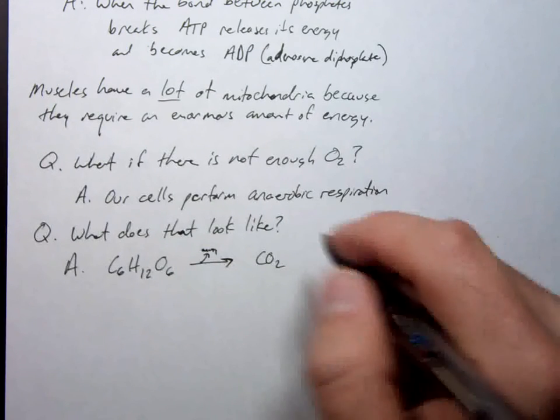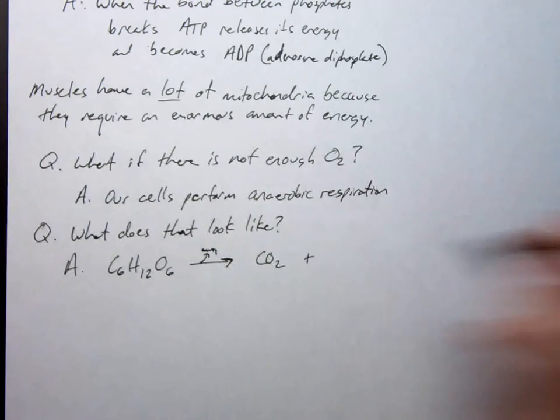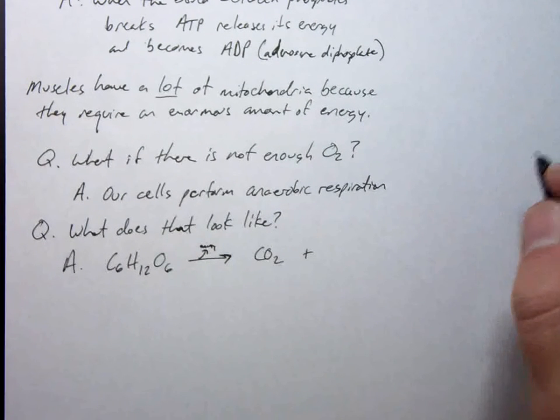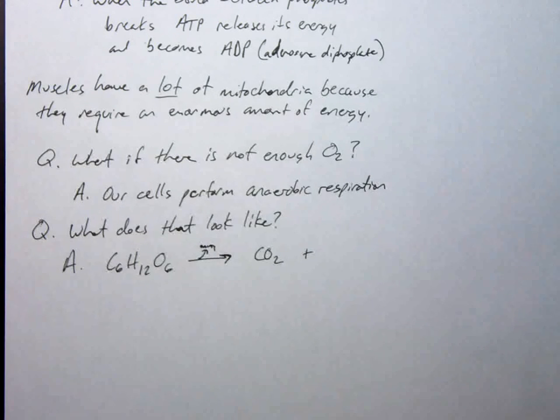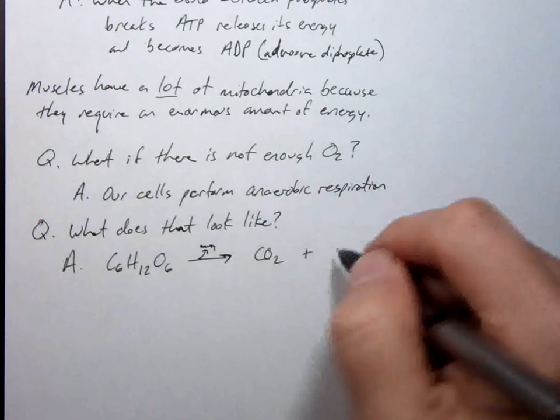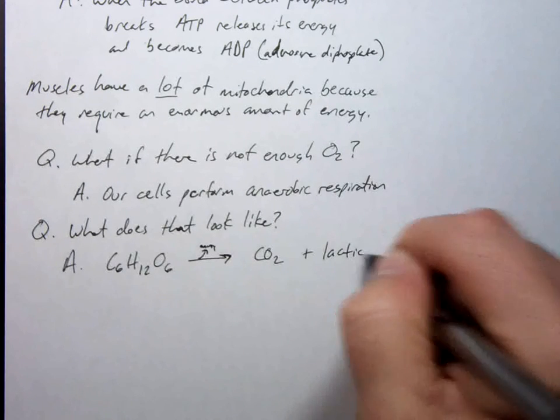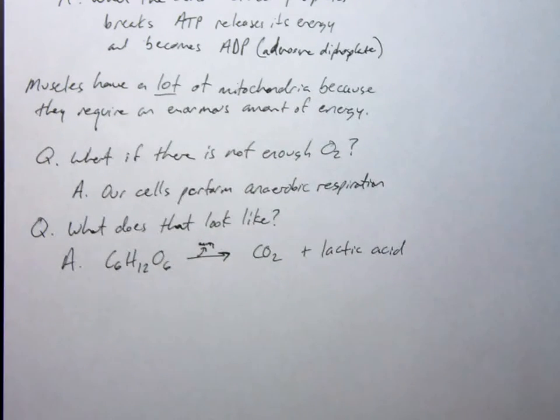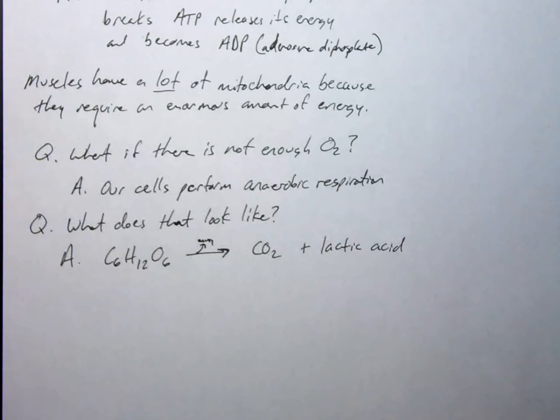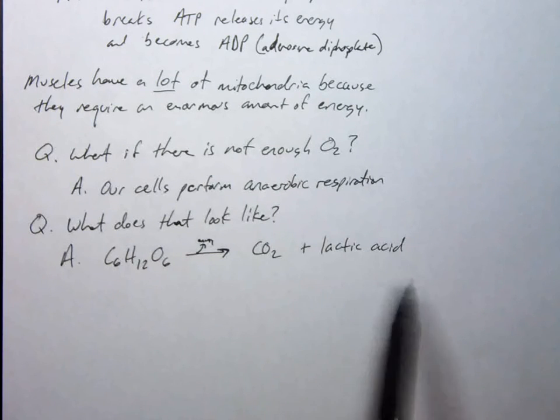Yields CO2 plus what builds up in our muscles from times of exertion like that? Lactic acid, yes. So he's like, is that why your muscles burn? It's one of the reasons your muscles burn. Your muscles also hurt from delayed onset muscle soreness because there are micro tears that occur through all the little fibers in your muscles and things like that. But yeah, lactic acid can also cause this as well.